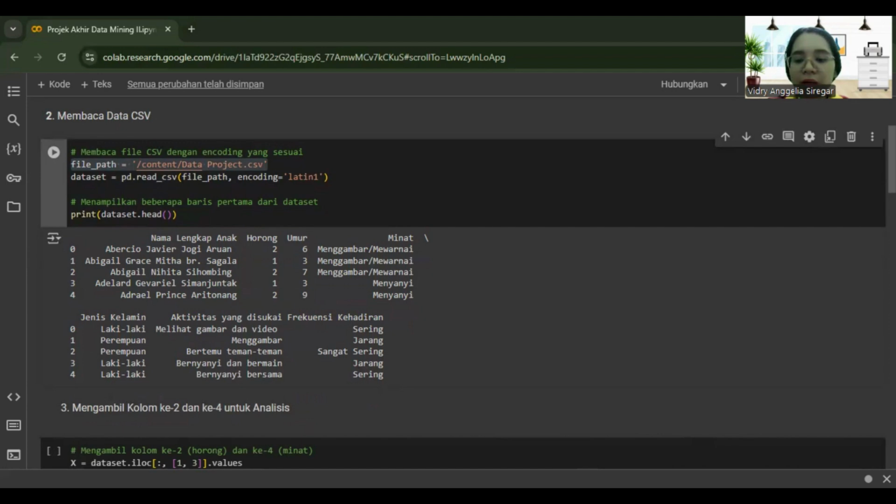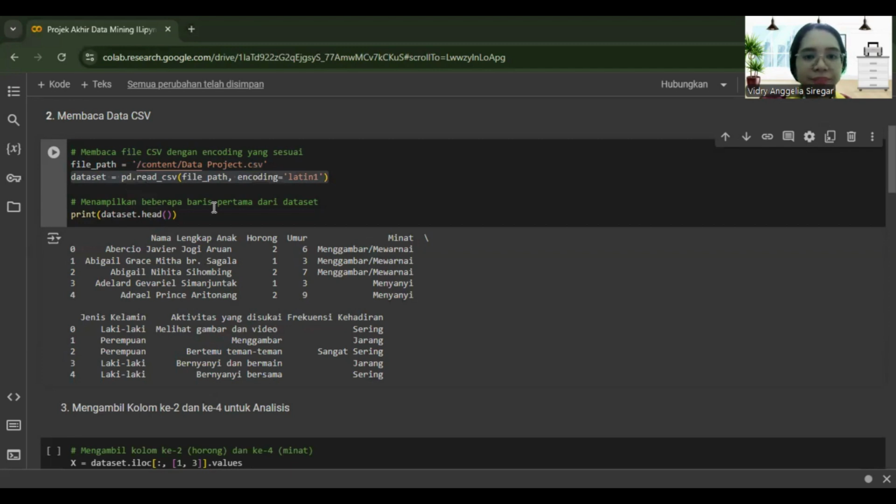You have saved the file in the data directory and the file name is data project CSV. Here we read the CSV file into a Pandas data frame using Latin-1 encoding. This encoding allows you to read CSV files that may contain characters that cannot be processed with UTF-8.